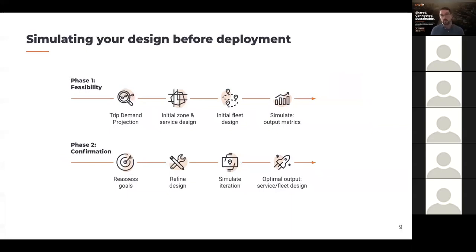So by simulation, what I mean here is when we start to model people and vehicles moving around in a virtual DRT system. Now, we've been doing this for a long time, and we've learned three key things about making this a success, getting the most out of this process. So the first is using the same technology in your simulations that you're going to use in your real world service. We've been brought into projects where consultants have maybe done that modeling first, but then you can get yourself into a bit of hot water when the real service doesn't bear much resemblance because the consultants didn't have access to the technology that actually runs the buses. So to be confident of assessing the real world outcomes, it's important to have some consistency there.